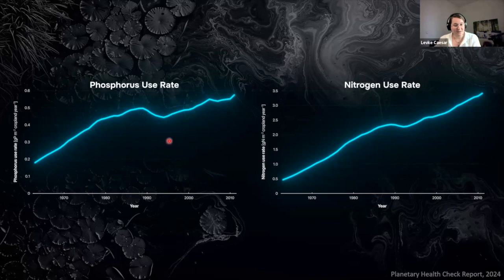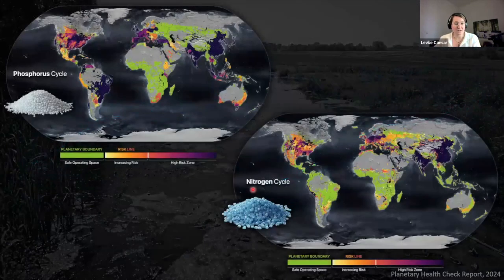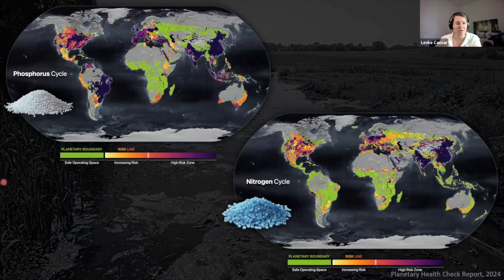So the key takeaway here is that while these nutrients are vital for agriculture, the way we're using them right now is pushing us beyond the safe planetary boundary limits. So there's definitely some changes needed in the nutrient management to bring us back into the safe operating space. And this is just to shortly show you, okay, how does this look on a map? So what areas are really the ones that are most in the high risk zones, that are most transgressing the planetary boundaries? You see here the same color scale as before in the overview picture.